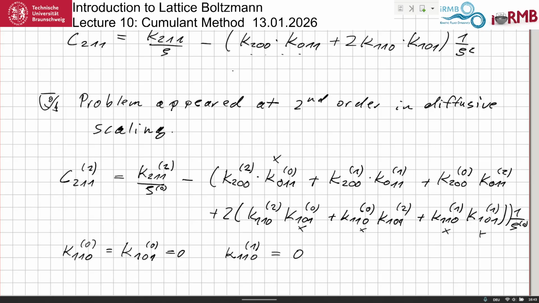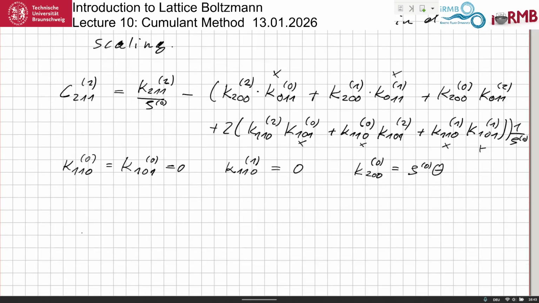And this here is also dropping out. So there's only one thing left, namely the K20, K20 to 0 order. What is K20 to 0 order? This is rho to 0 order theta. Yeah? So we have this constant. We divide by rho again. So what we'll end up is